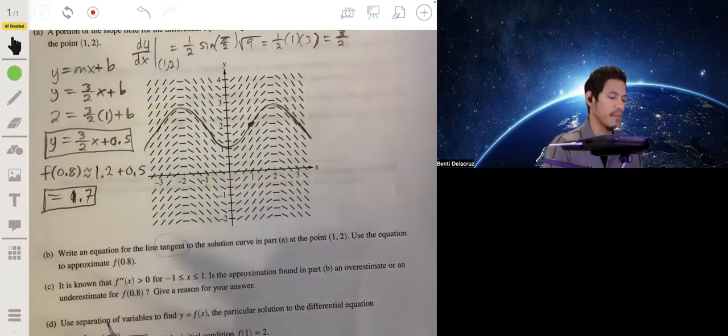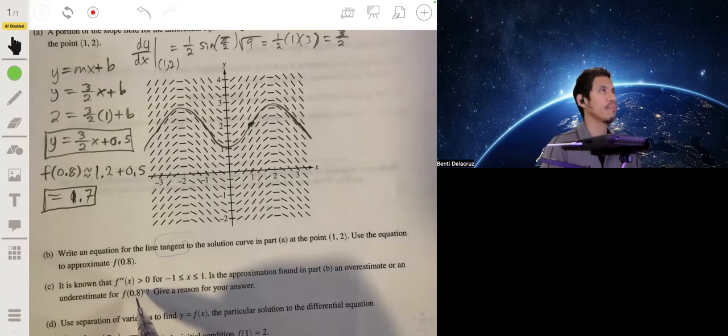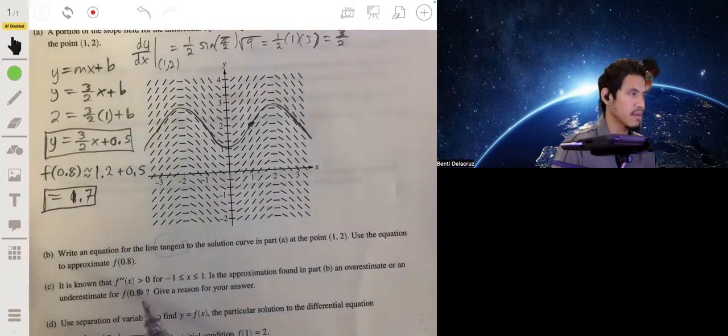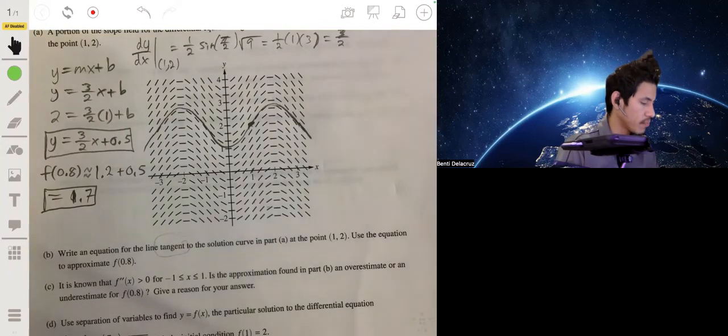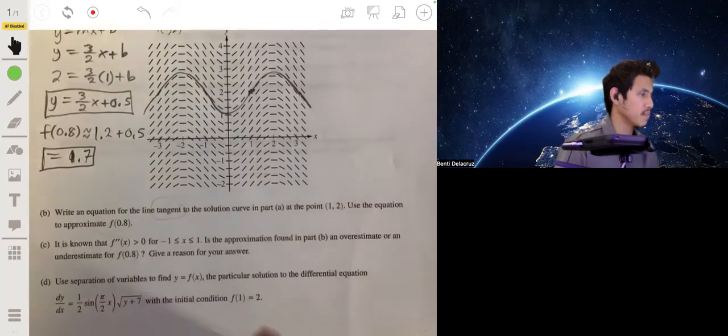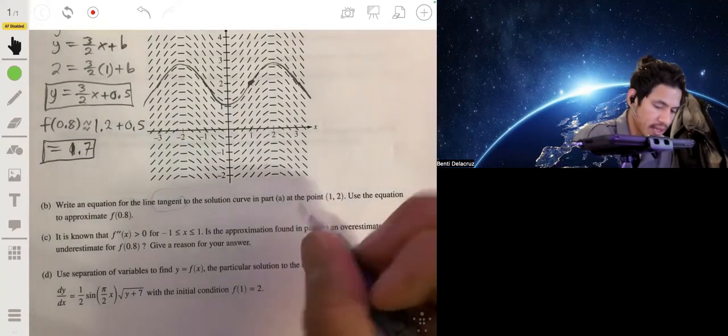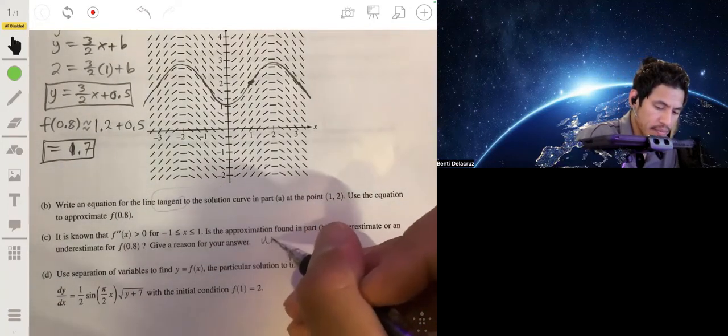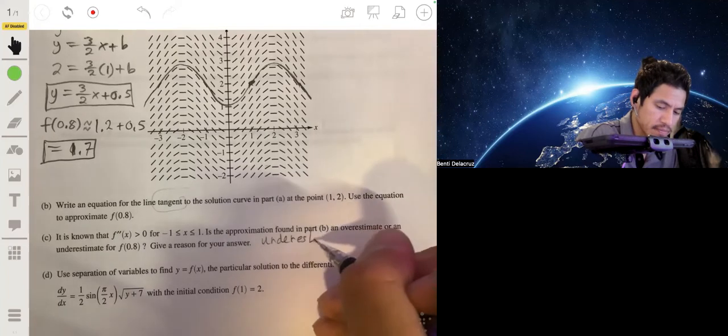So this is not going to be the correct slope for values to the right of 0.8. It's going to be less than the slopes of values to the right. It's kind of a weird explanation, but the way I would write it is, to put it simply, underestimation